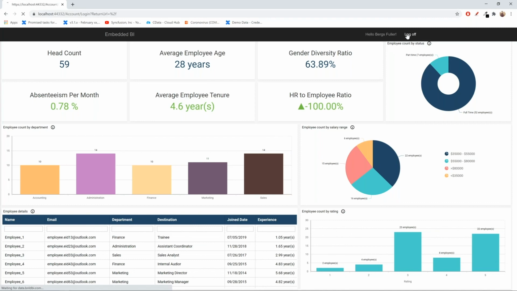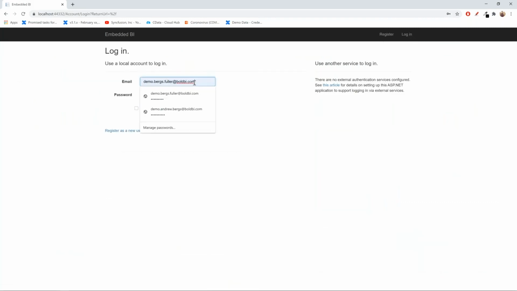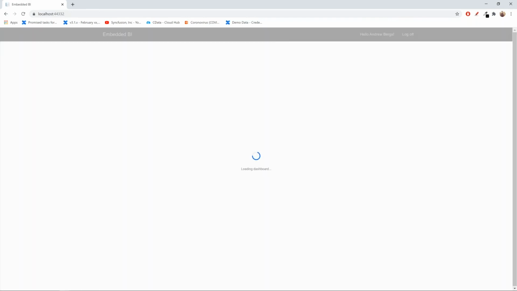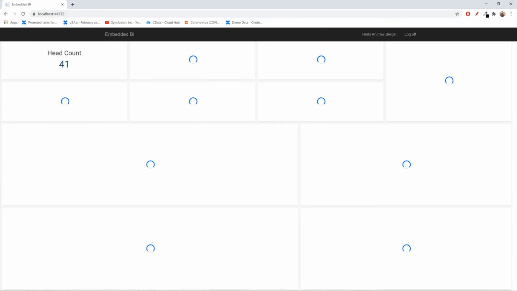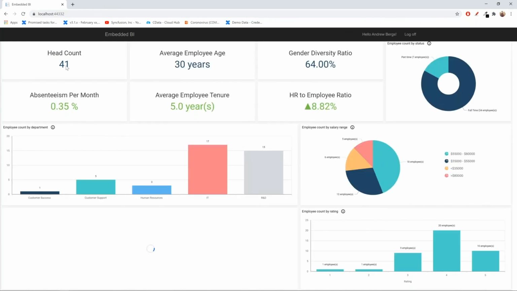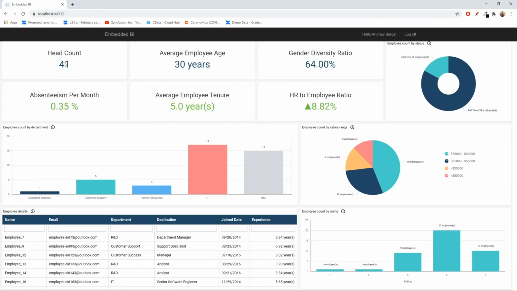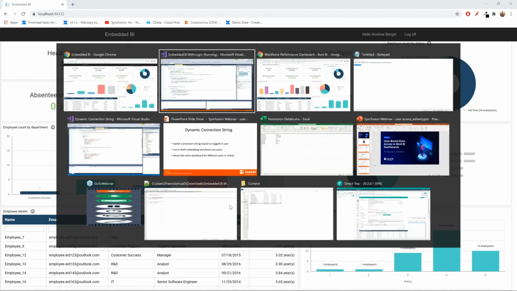Let me log off and log in as a different user. Okay, you could see the data is changed or loaded from the other data source that is specifically given for Andrew, and his own departments are loaded in the dashboard. Okay, so this is how you perform a dynamic connection string in the application.